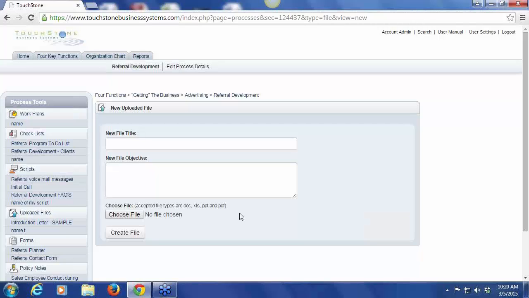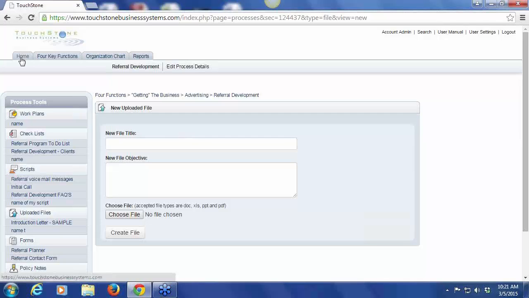Generally, the uploaded files tool is used for, number one, spreadsheets that are a part of the process. So if you've got some kind of a spreadsheet that's filled out in the process, then you would want to upload that file as an example or as the actual file that's filled out every time. Because if you remember here on the home screen, there's that control panel functionality, which we're going to be talking about, I think, in the next 2 sessions,